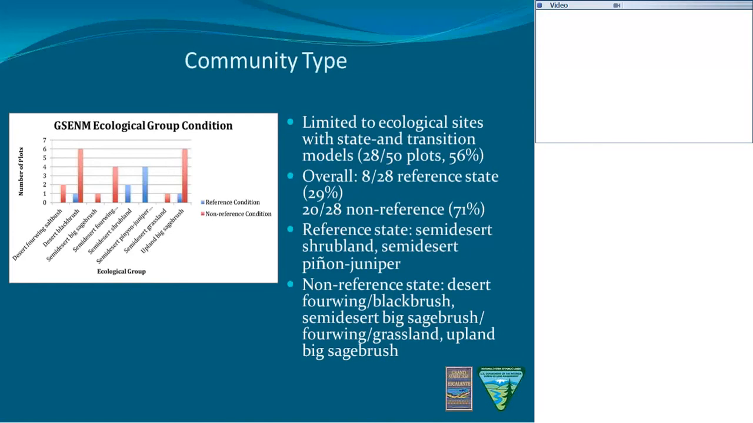And I've simplified this. I'm just showing reference versus non-reference. In many of these ecological sites, there are 2 or 3 different communities that are possible in non-reference, and each one gives you a different prediction for forage availability. But again, as with the accuracy of predicting ecological site from the soil survey, certain ecological sites were more likely to be in reference state. Semi-desert shrubland, semi-desert pinyon juniper, and others are more likely to have had some sort of a transition to another